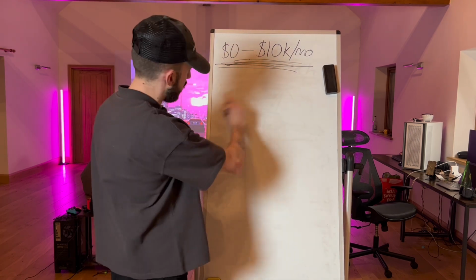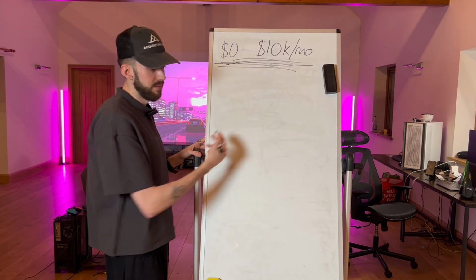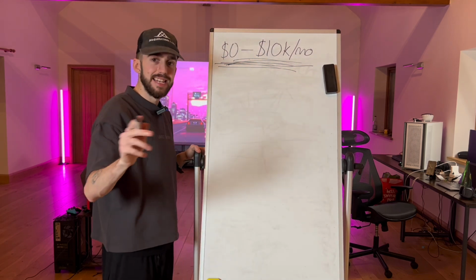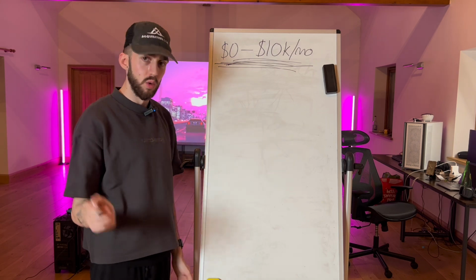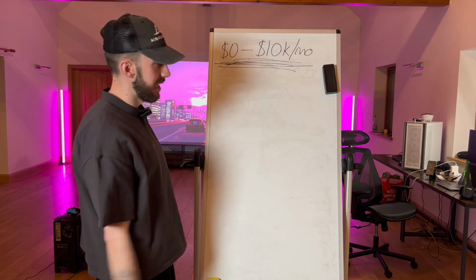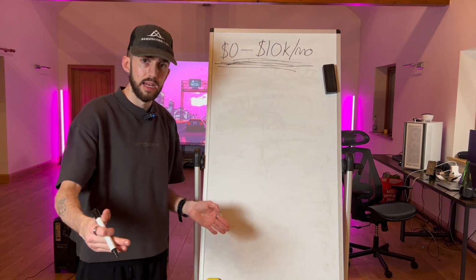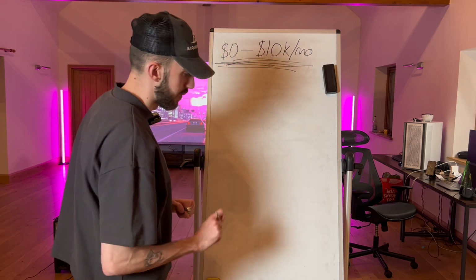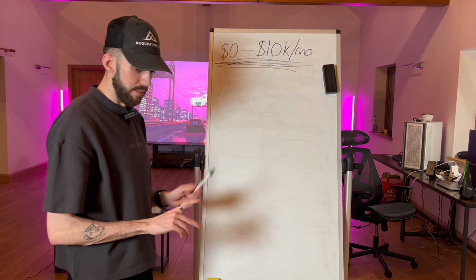I've got notes, which is why I'm looking, and I don't know why I'm even using this whiteboard. I just thought it would look cool. I'm not exactly a writer. It is what it is. But inefficiencies can be anything that is standing in the way of your prospects and their desired goal or state. So if she wants to make 10K a month and she can't generate traffic, something is blocking her from getting to 10K a month, and one of those traffic methods could be organic content. So you educate her around that, and then you offer the value call. That is literally the simplest way to do outreach.